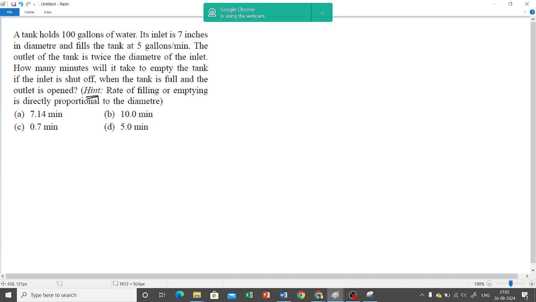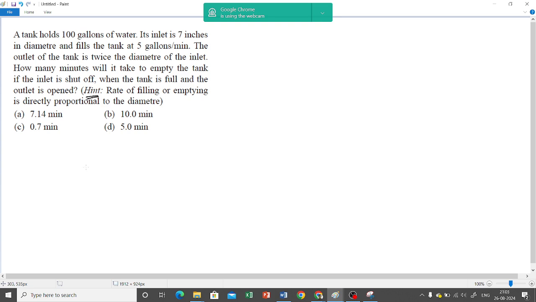The outlet of the tank is twice the diameter of the inlet. ট্যাঙ্কের যে আউটলেটটা সেটা হচ্ছে ইনলেটের থেকে টুয়াইস ডায়ামিটারের। How many minutes will it take to empty the tank if the inlet is shut off when the tank is full and the outlet is open? That means কত টাইমে আউটলেটটা ট্যাঙ্কটাকে পুরো এমটি করে দেবে।